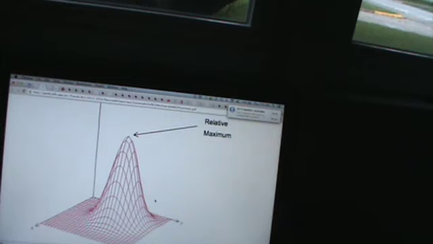Hello everyone, I wanted to do a brief video on what your maximum and your minimum look like if we have multiple variables. Say we have an x, a y, and a z, and in this particular case you can see x, y, z. What it does is it gives you a set of points that are now 3D or three-dimensional. So your relative max looks like the top or the bottom part of a bowl that's turned over,